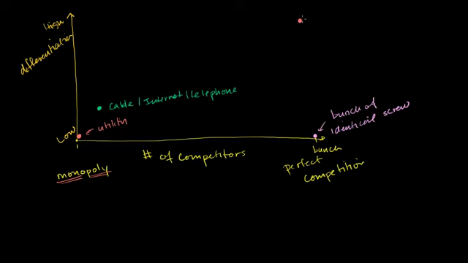So right over here, I will put fine dining. You could also imagine name brand clothing. They're very differentiated, certain designers, certain materials, all of those types of things, but there's a bunch of them. So name brand clothing. It's not quite perfect competition. It's very competitive. There's a bunch of players there, but they're not selling the same product. They are very, very differentiated.